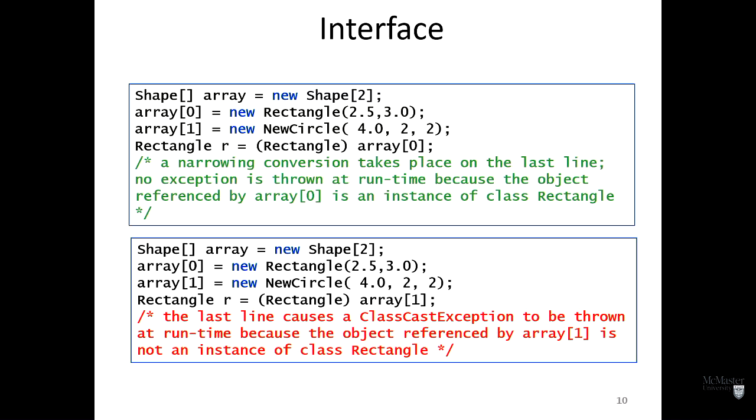So let's conclude with this, some other casting examples here. This is exactly the same thing that we had before. Now, the fourth line here is the interesting one. We declare an object called rectangle r, and then we say it's equal to rectangle array 0. Why is this allowed? Why can I do this? Because array 0 is of type interface, right? Originally it was interface, but now I define the object as rectangle, and it's okay to cast it from